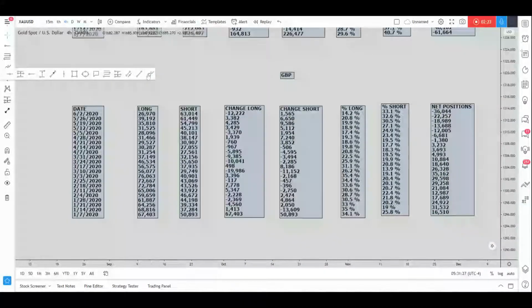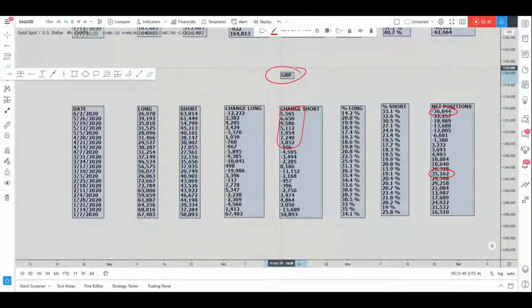And what we can see from a pound perspective is that lately, hedge funds have been adding a lot of short positions on the pound, bringing net positions at minus 36K. So from the positive 35K that we had here all the way down to minus 36K. So from having way more longs than shorts to having way more shorts than longs from an institutional perspective on the pound. But since we are currently sitting at 63K shorts, the largest number that we had lately, we can